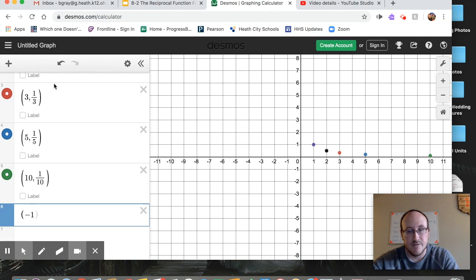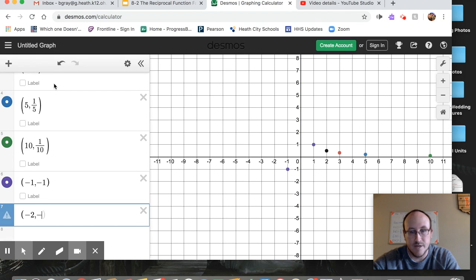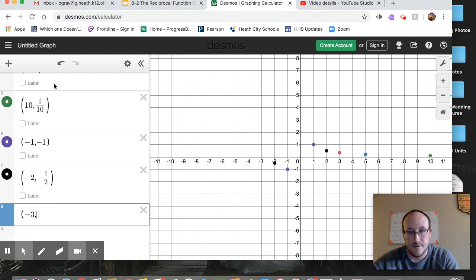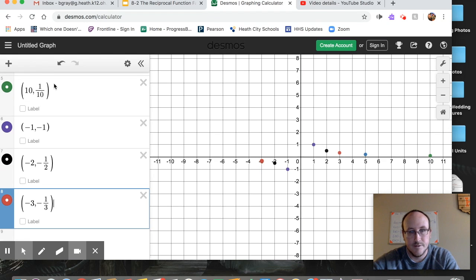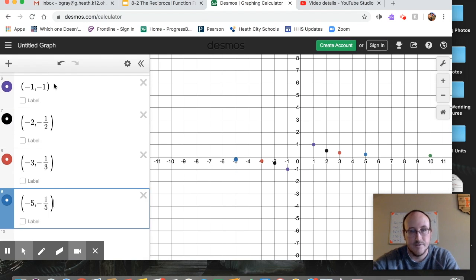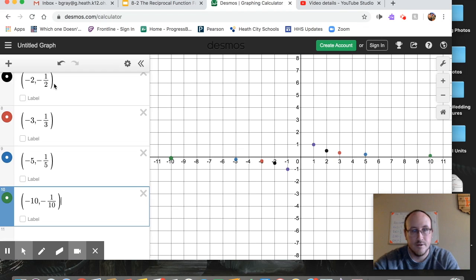So when I plugged in -1, I got -1. When I plugged in -2, I got -1/2. When I plugged in -3, I got -1/3. Over to -5 and got -1/5. And then jumped to -10. And got -1/10. Now, I can sort of start to see the branches of the graph taking shape, but I don't really